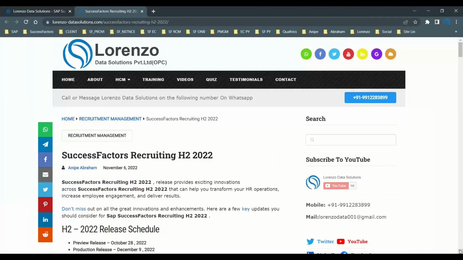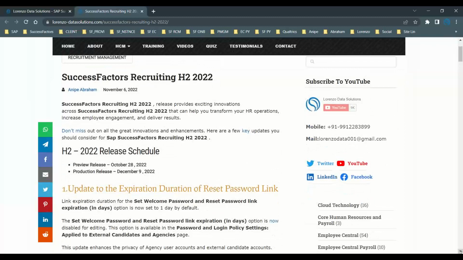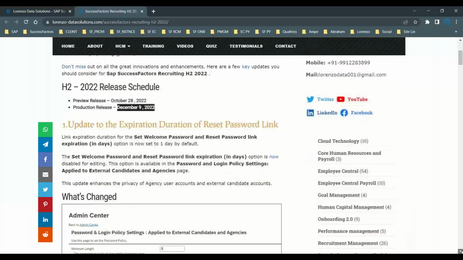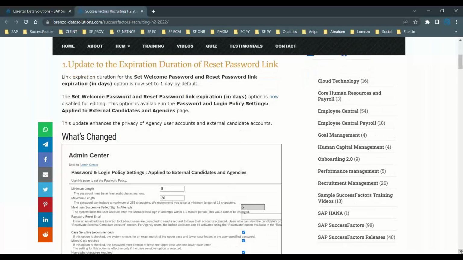Regarding the schedule for H2 2022 for recruitment management, 28th October 2022 is the preview release, and December 9th 2022 is the production release. Everyone who is already working in SuccessFactors knows all the scheduled dates. So the first update that I want you to understand is